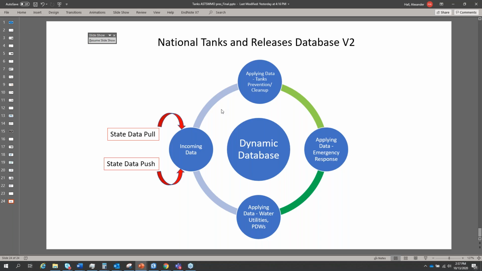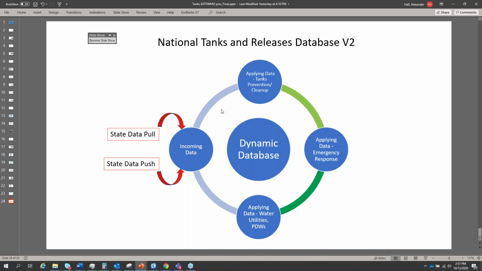So we're just releasing version 1 and already focused on version 2. One of the things that we heard clearly from some of the states was interest in providing information more routinely, so it's updated more frequently, and also wanted to do this in an automated way.